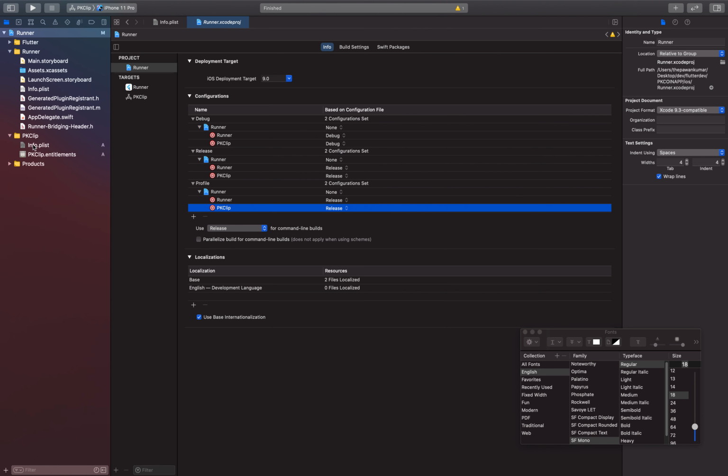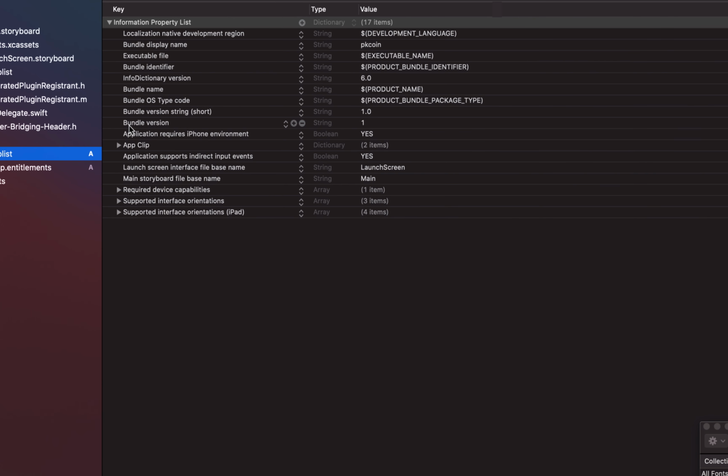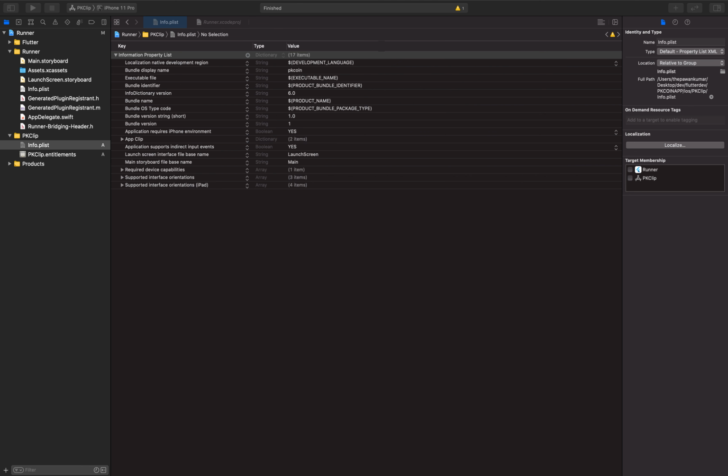So there is info.plist. What you can do here, you will see there is something called bundle version string short, and by default it is saying 1.0, right? And we don't want it. We want our Flutter build number or build name to be here.